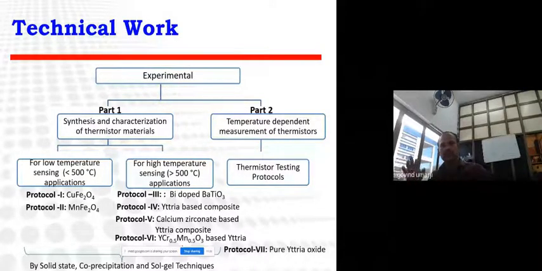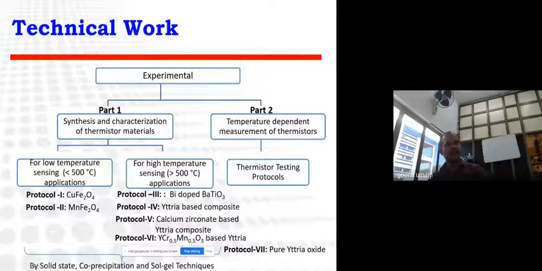So this is an innovative part for us, to develop thermistors for high temperature application. And of course, there is very little literature available for this kind of thermistor. So we defined around 7 protocols for low temperature application. We have used copper ferrite and manganese ferrite,